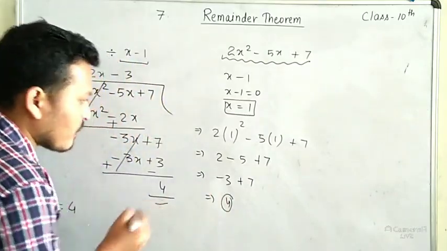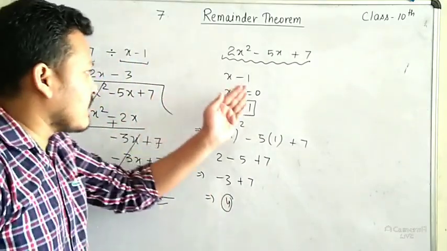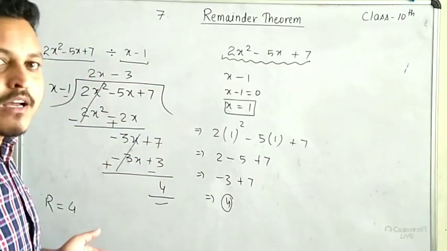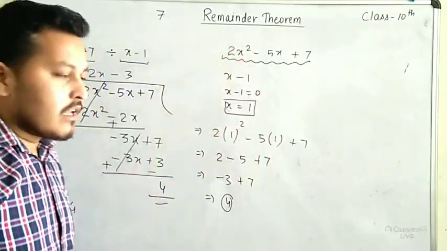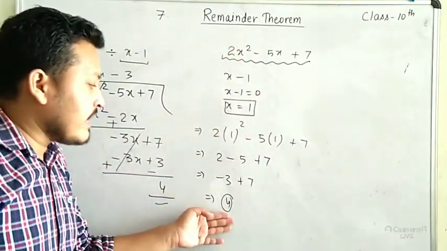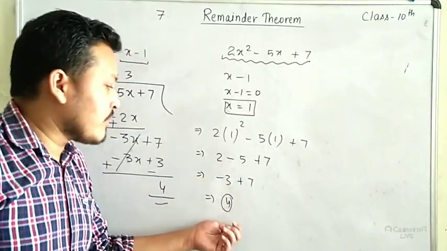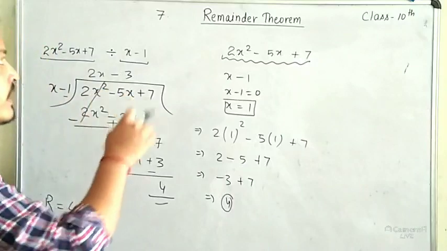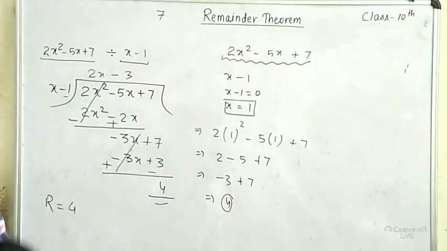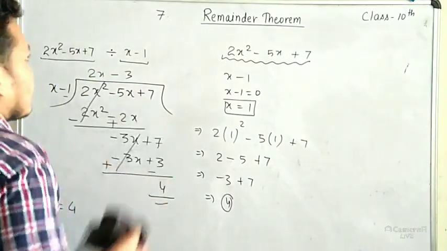And here also 4. So which one is the shortcut, this one or this? This is the actual long division method and this is the shortcut method. In this method we have calculated the 4, which is our remainder. So how can we derive our remainder theorem? What is the concept behind the